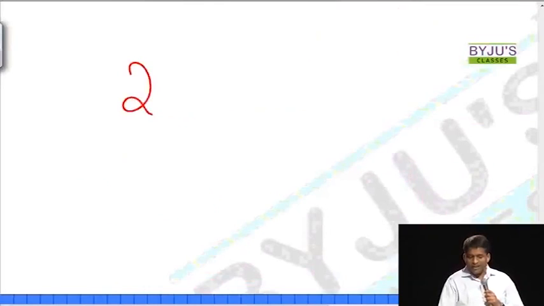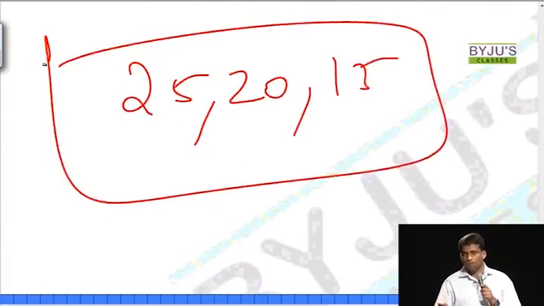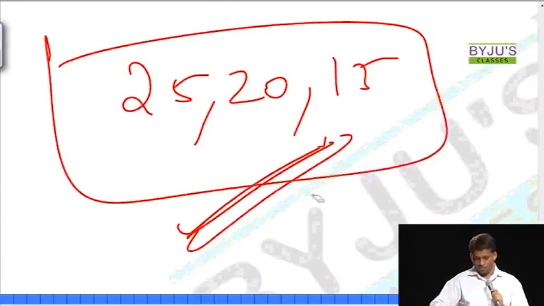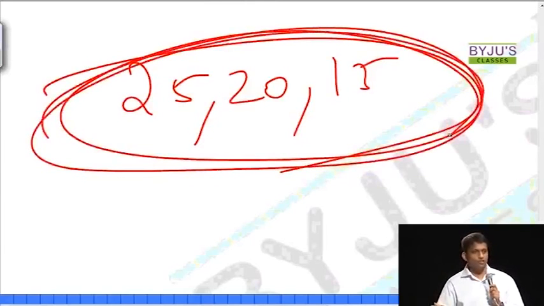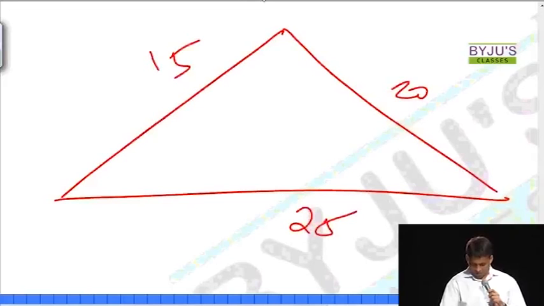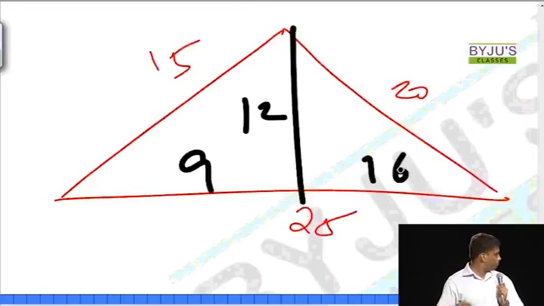If I tell you that this triangle itself, this is what you will see maximum number of times in all papers put together. The triangle where even the numbers are fixed. This is the most frequently asked right angle triangle values in previous CAT papers. I've already discussed enough, 2-3 questions based on these values itself. There is a reason, because once you take a triangle like this, 25, 20, 15, even the inner ones are right angle triangles with the same ratio. So, while making questions, lot of scope.